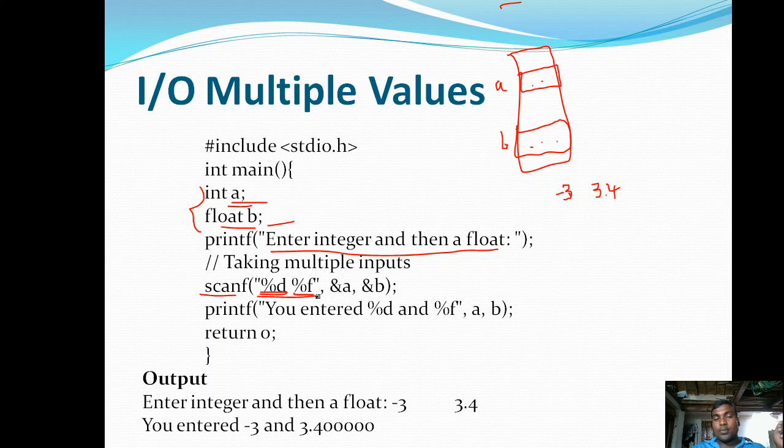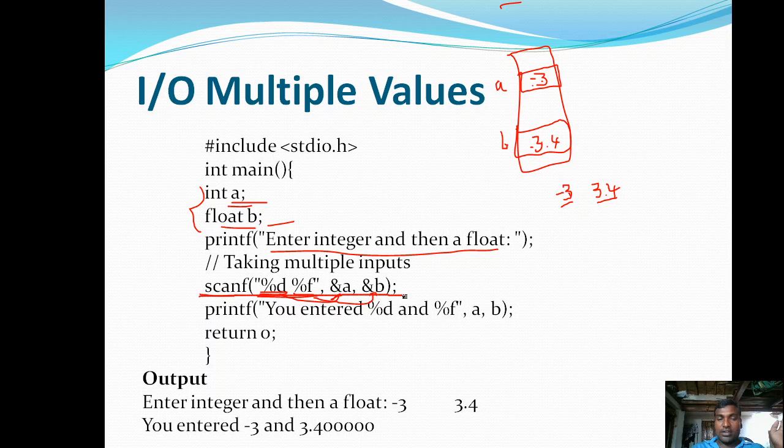The two inputs given by the user are stored, the first one at the address of a and the second one at the address of b. So the first one, -3, will be stored here, and whatever the second input given by the user, 3.4, will be stored in the second memory location. In this way scanf will work.